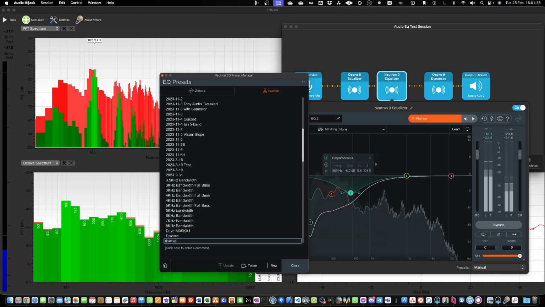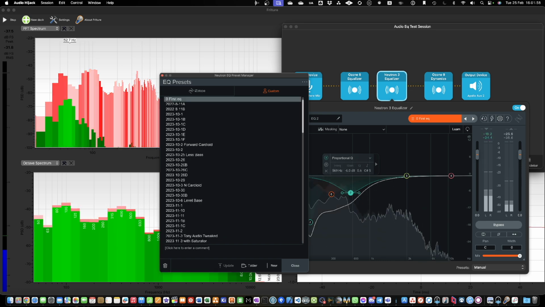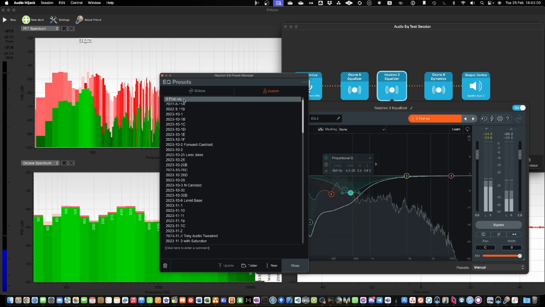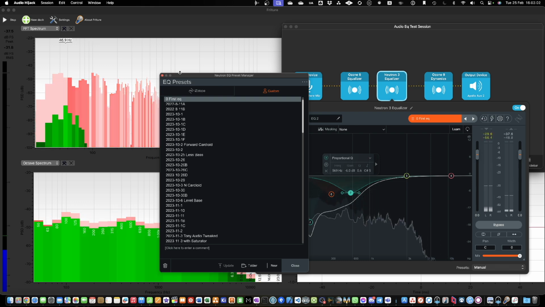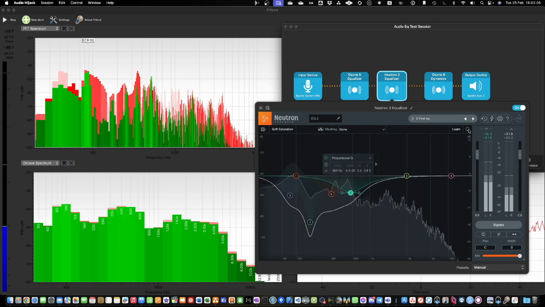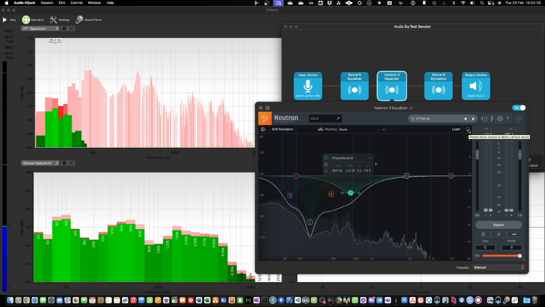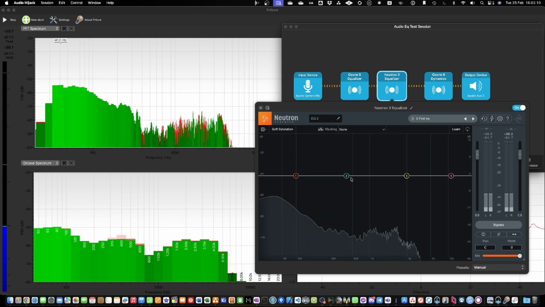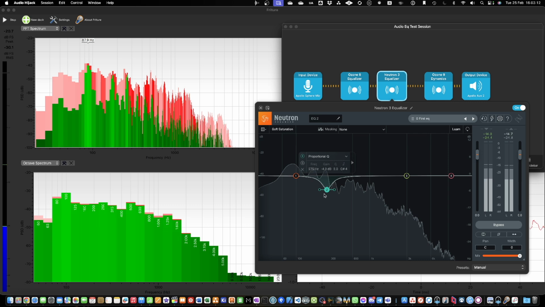I'm going to put 0 first EQ, because then it appears at the top of the list. Magic. I can go and find it again. So reset this, and I'm now going to grab this again,